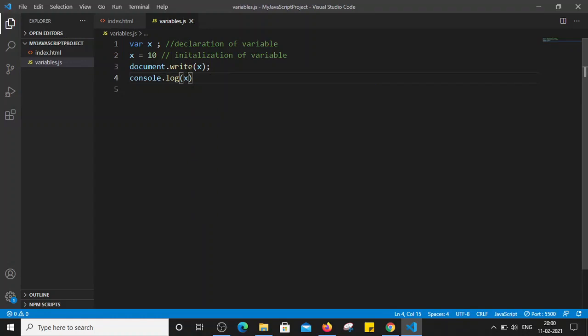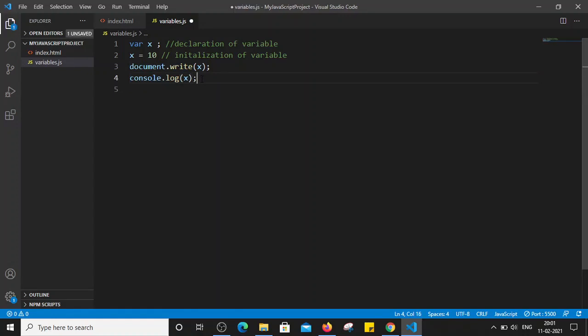So here I have declared one variable, x, and we have initialized it by assigning the value 10. Whenever the document.write method gets executed, it will print the value of x, that is 10, to our web page, and console.log will print that value to our console window.